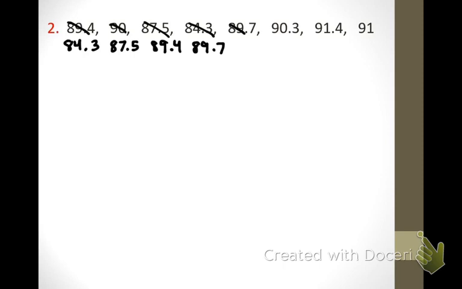90. Now when I look at 90, it seems a little different than everything else. Can you guys tell what is different about the number 90 than the rest of them? Okay, everything else has a tenths place. If I was to add something here, it would just be 90.0. That did not change the value of the number 90, but it did make it look like all the other numbers. Next up, you're going to have 90.3,